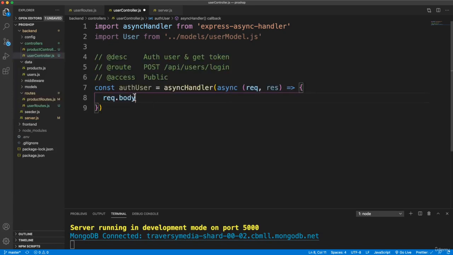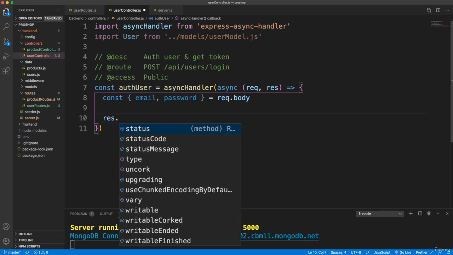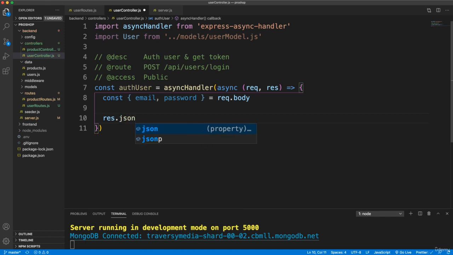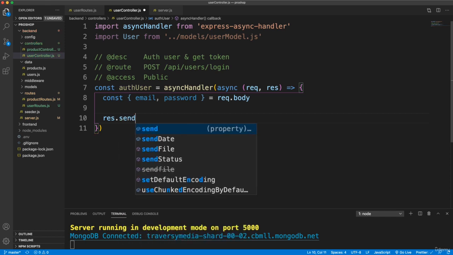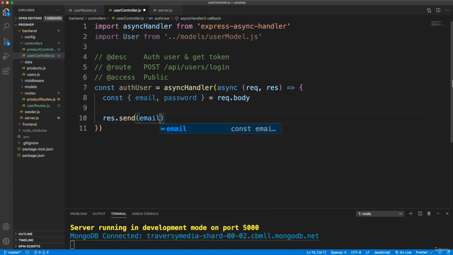So now this request body will be able to access request.body.email, request.body.password. And what I'll do is destructure that data from request body. So I want to pull out the email and password. In fact, what I'm going to do here is just res.send, and we'll send email password. And let's hook this route up. So we're going to have to export